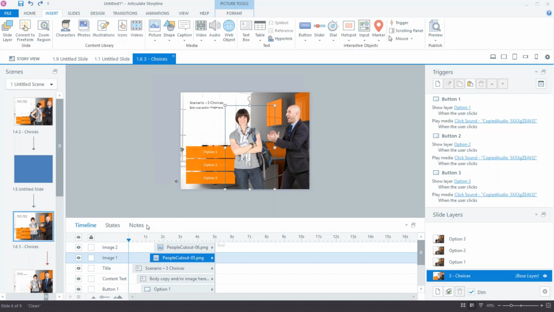But in honesty, there's not really a hard and fast rule of when to use one or the other. I can do just about anything in Storyline using only slides, never using layers, never using states, things like that. I can do it all just using slides and objects. It just gets a lot more convoluted in terms of trying to keep track of things.